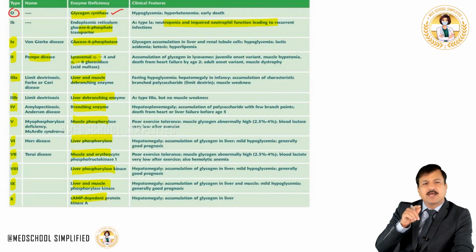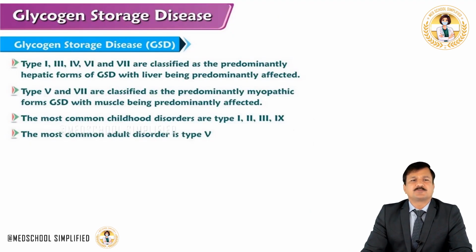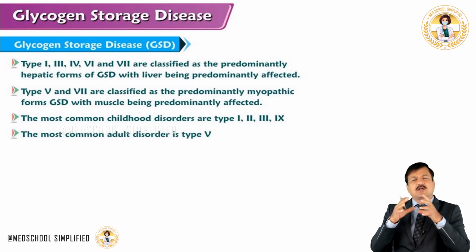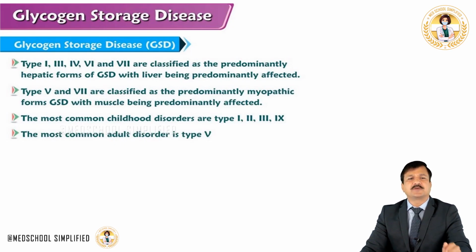And then type 9, because of liver and muscle, both tissues affected, glycogen phosphorylase kinase enzyme deficiency. And then type 10 is cyclic AMP dependent protein kinase A enzyme deficiency. Before we get into specific disorders, let's group them based on their common occurrence related to the specific organs,